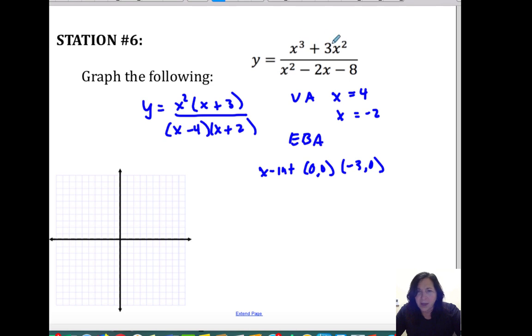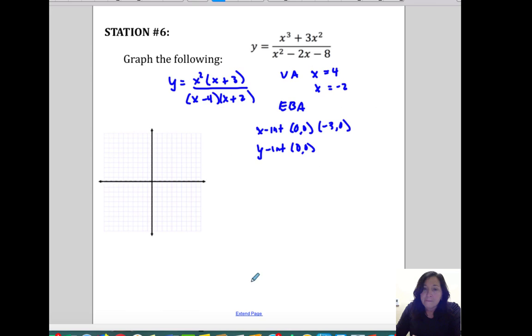Y-intercepts, looks like if I plug this in, 0 over -8, 0 divided by anything is still 0. It's not undefined unless the 0 is on the denominator. So my y-intercept is just 0, 0, which makes sense because I already have an x-intercept at 0, 0. So let's say if I were to divide this